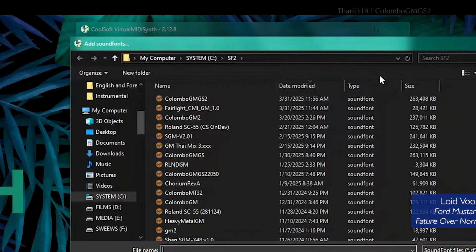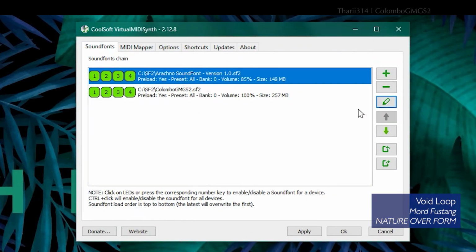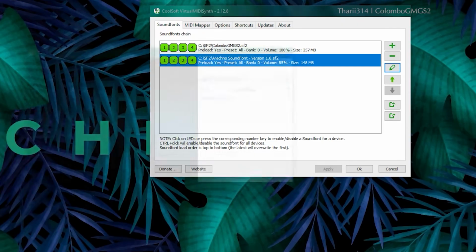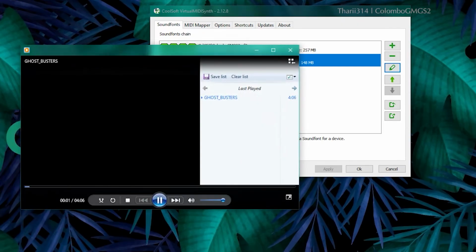Filling in the gaps is much simpler. All you need to do is keep your primary sound font one step below your secondary sound font. No parameter editing is required for this. So here goes the final playback test.